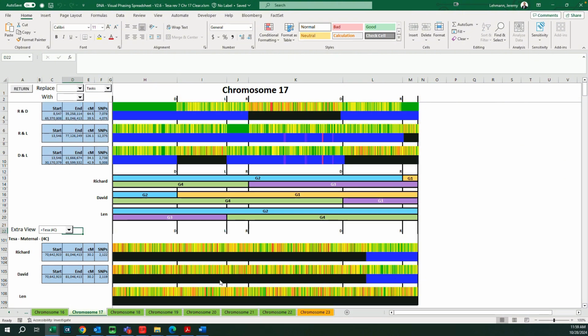Let's just take a look here. You can see that she shares DNA with two of the three brothers. She shares at the end of the chromosome with both R and D. Okay, so what we can do is, I know that she is a cousin through their maternal